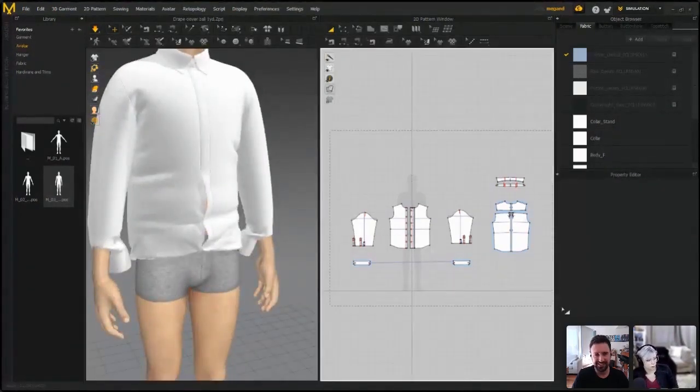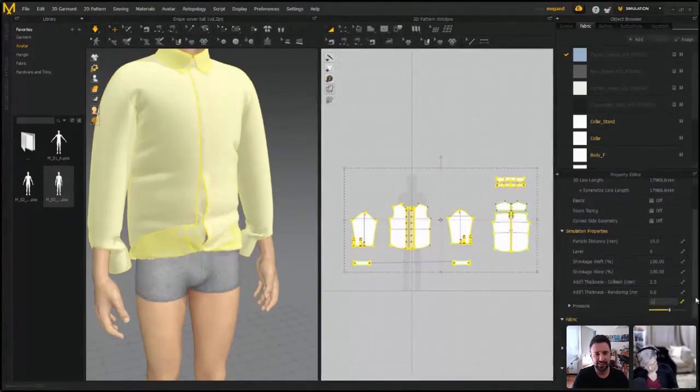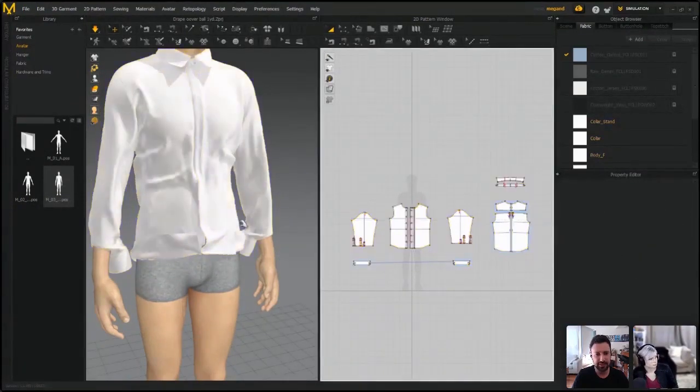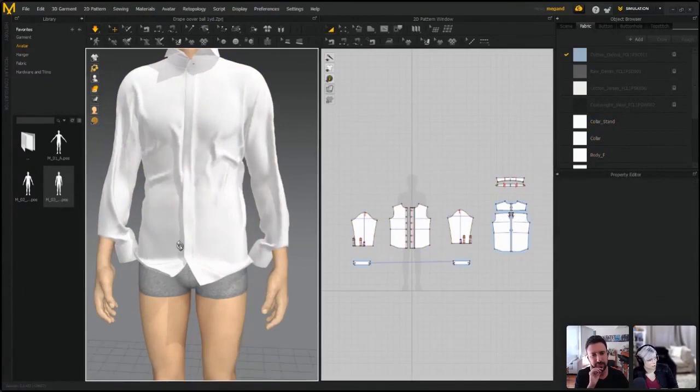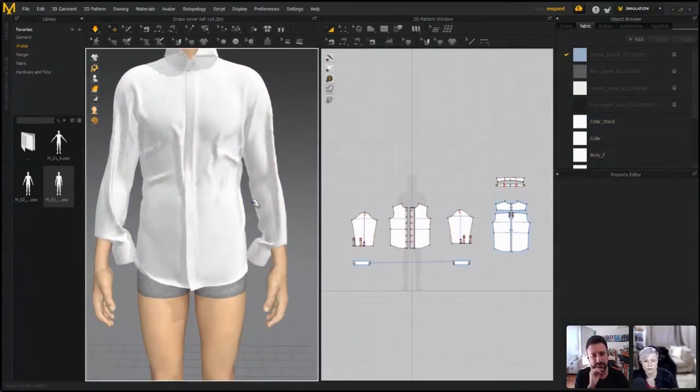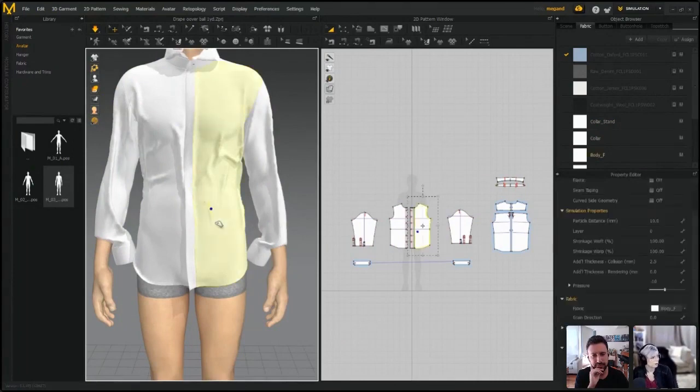But it's actually great if you want wrinkles. You can use a negative pressure to get some specific wrinkles in specific areas. You can also use pressure, as you guys saw with the spacesuit. You can create pressure to create that quilted or padding look. You can use it to create anything that would involve batting. So